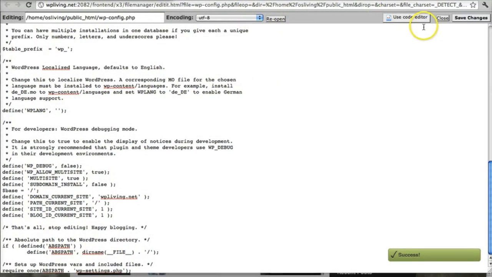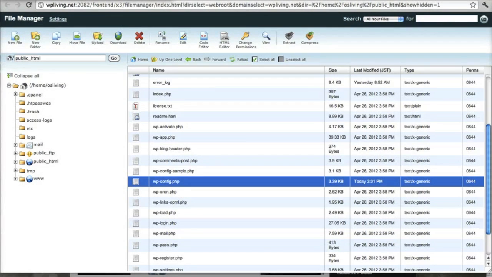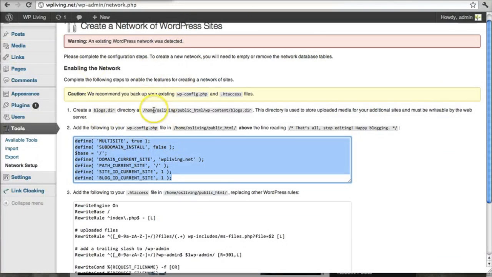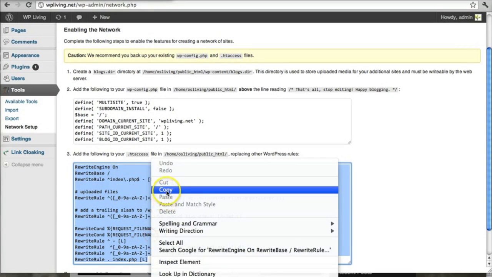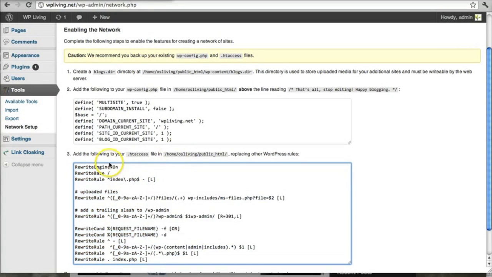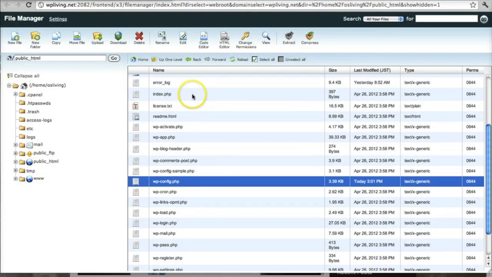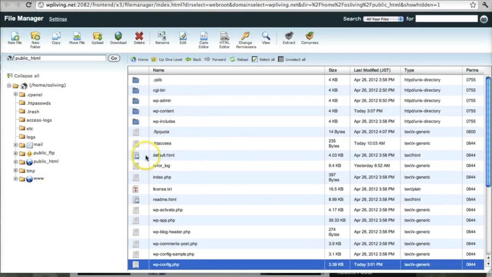And now you can close this window, and you can go back to your WordPress admin panel for the third and final manipulation. Here we need to add the following code to the .htaccess file. So I'm going to highlight the code, I'm going to copy it, and I'm going to locate this htaccess file. I'm going to go back to my cPanel and the root of my domain,